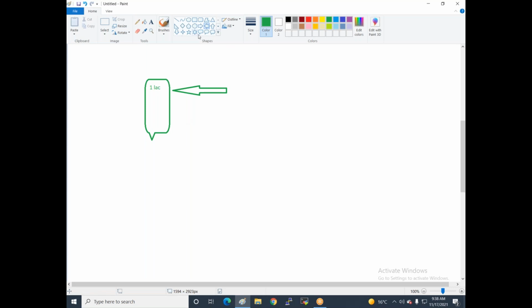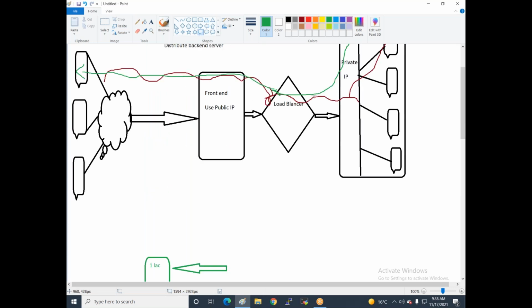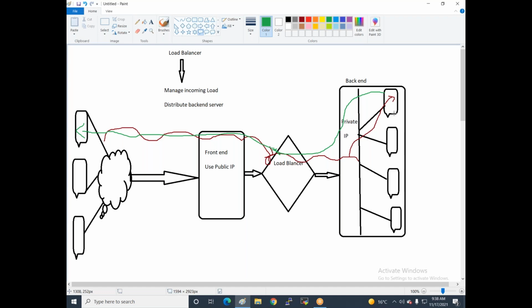That's why we use a load balancer. We connect multiple servers, and the load balancer equally distributes the public requests to the backend servers. When any server goes down in the backend panel, the load balancer automatically distributes the request to the remaining backend servers.